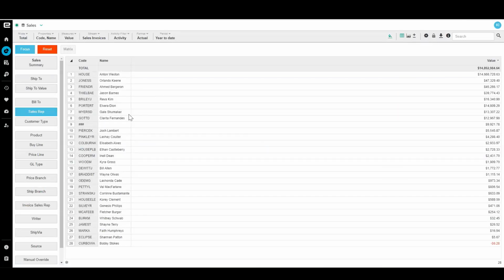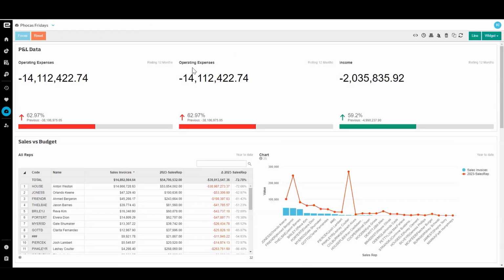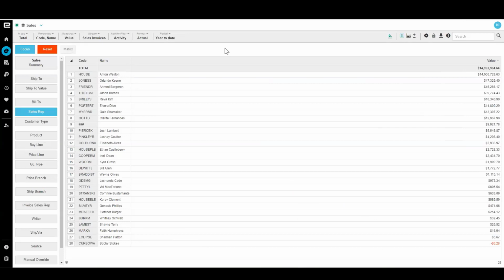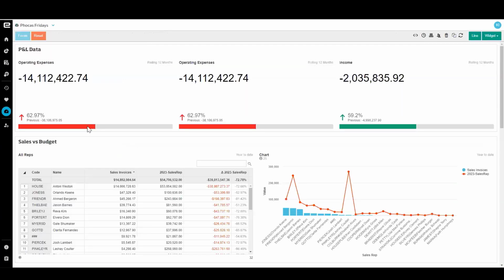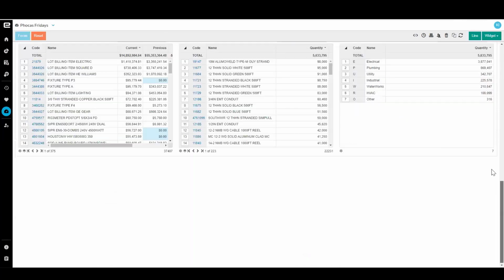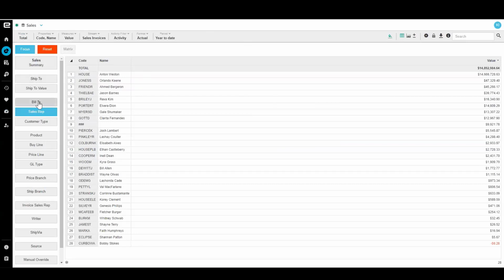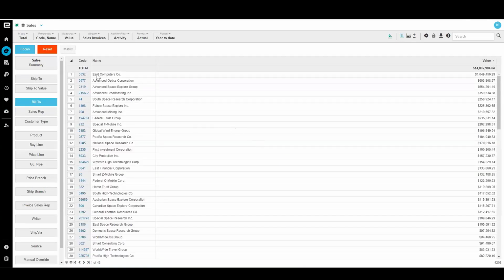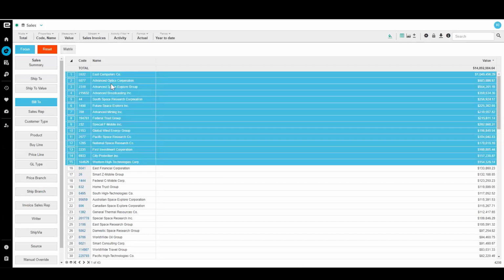So two parts here. There's something in a dashboard widget called a top 15 or a bottom 15 or however many you want to do. In order to get that functionality, you have to have it in a widget, because if you do it in the database alone, it's not going to work. What I mean by that is if we look at our bill to customers and we select the top 15. When you select a dimension, it automatically puts them in order of the top whatever. So if we were to select these for our top 15 customers year to date and click Phocas,